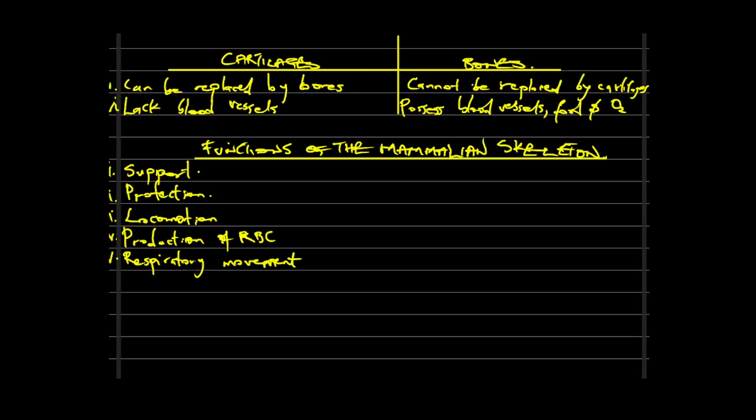Whenever there is a contraction of the chest region, the rib cage, that is when the organism is expelling air. When it expels air, there will be contraction of the rib cage, and when it is absorbing air, there will be relaxation of the rib cage, permitting air to go into the lungs. So those are some of the functions.